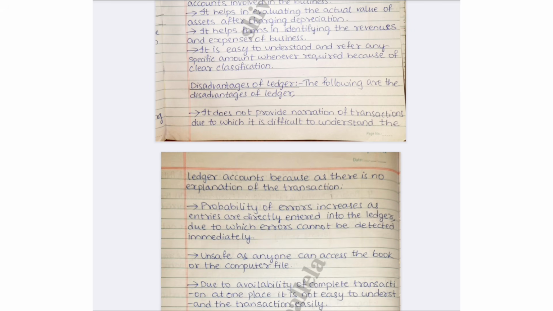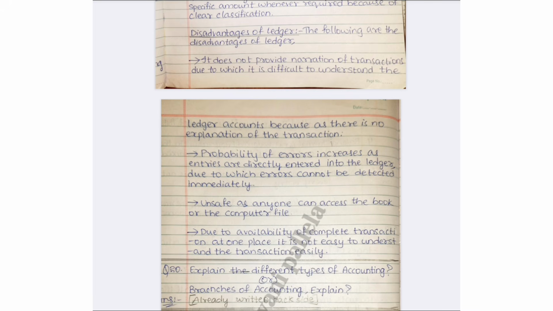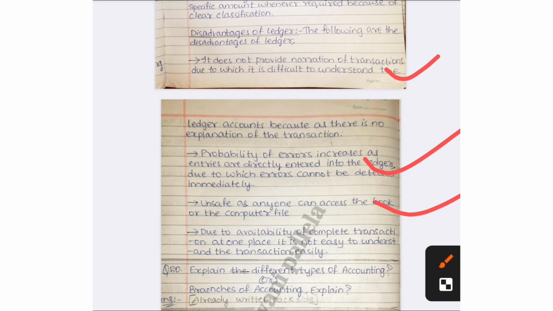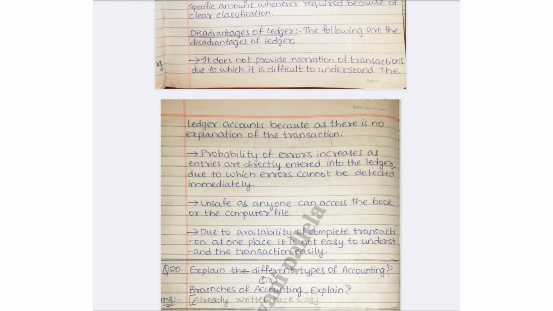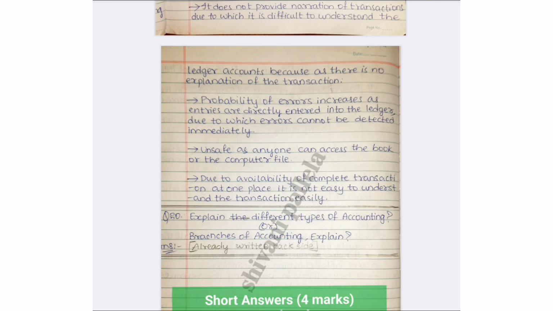But there are many disadvantages also. For example, whatever the transactions you are doing, whatever the postings you are doing, it will be difficult to understand, and it will have some errors, and they cannot be directly identified. It will also be unsafe, because many persons can handle these ledgers. So security is a priority, like that. So these are the disadvantages you are having, like that you need to write it.